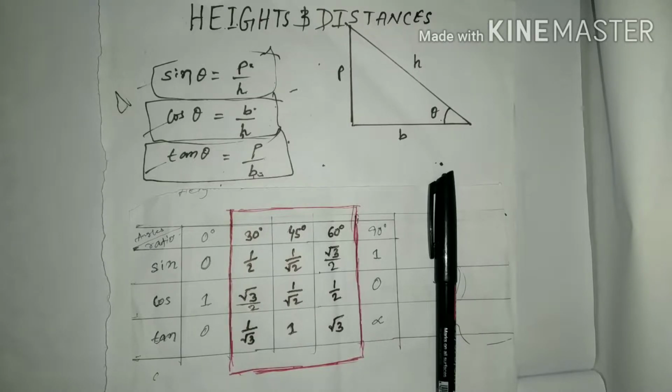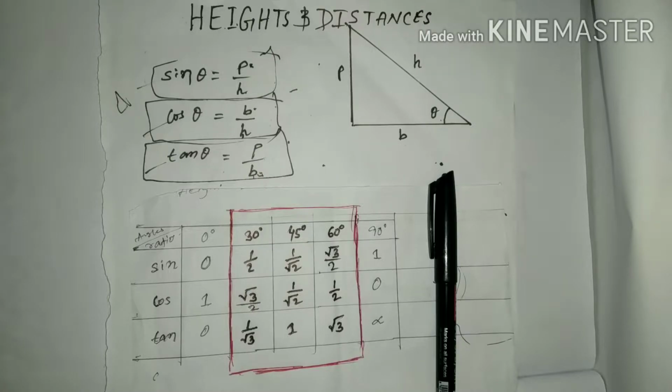Suppose your friend is on the roof of your school and you are in the field of the school, and you observe your friend and you want to know exactly what the height of the school is without using any inch tape. It is very easy to calculate using this chapter only.